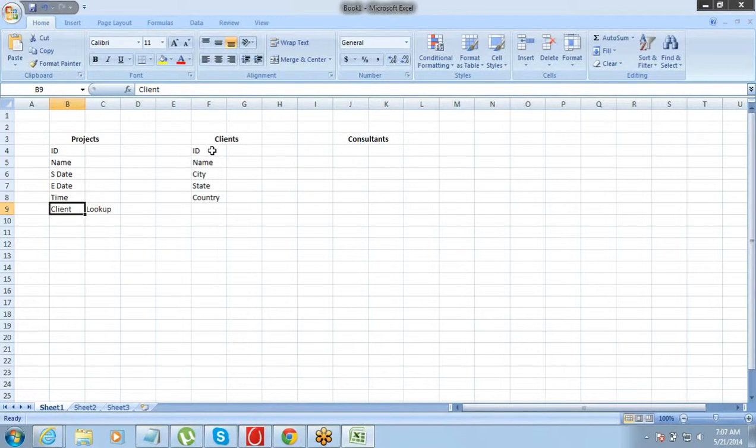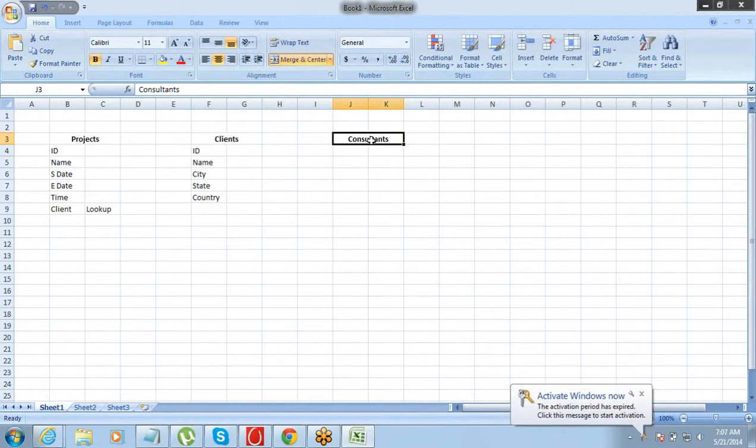That is a one-to-many. Many-to-many is the situation where multiple records from this object can be connected to multiple records of this object. Many-to-many will be a case between projects and consultants. Let's say you have 10 consultants in your company and you have 4 projects. One consultant can work on multiple projects, and in one project you can have multiple consultants as well. So that is a many-to-many relationship.